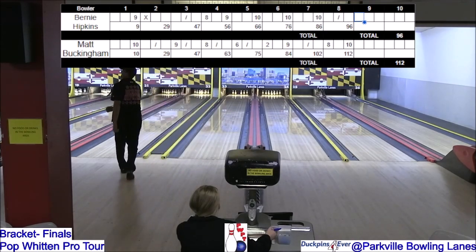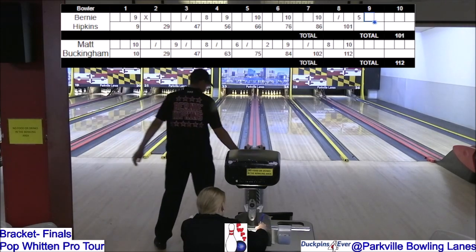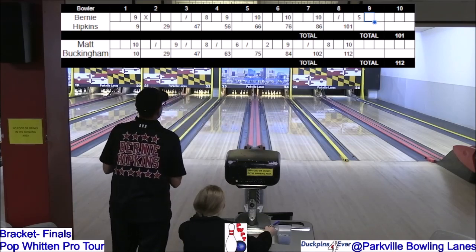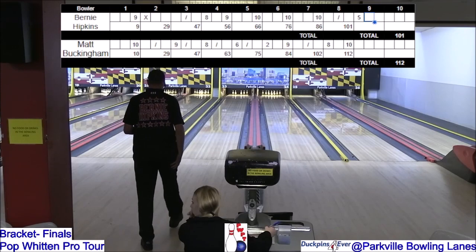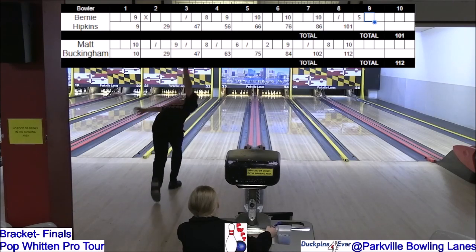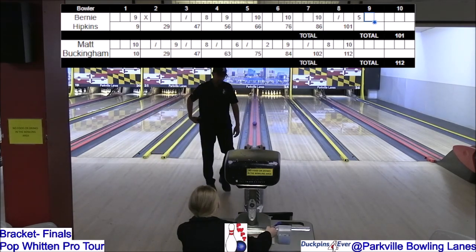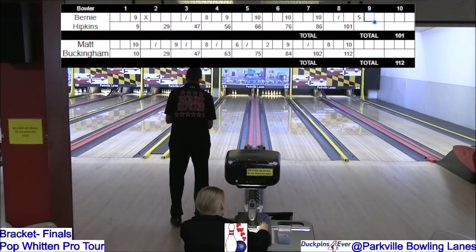Through the middle for 5. That's costly. Damaging. Rob Green missing the 5-pin. Open frame for Rob in the 8th. Bernie. Good try at it. Leaves the 2-4 as Rob Green takes a 10 box, 93 through